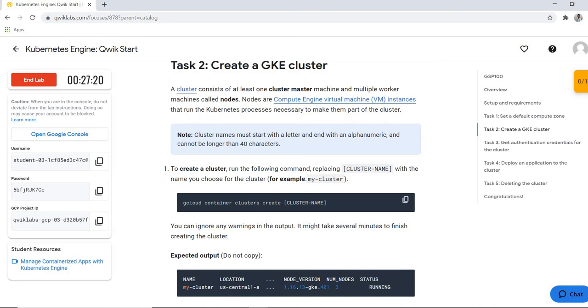If you went through the help command in the last lab, where I told you to explore the help command to see what you can do with the gcloud command, this command is also mentioned there, so I'm just using this.